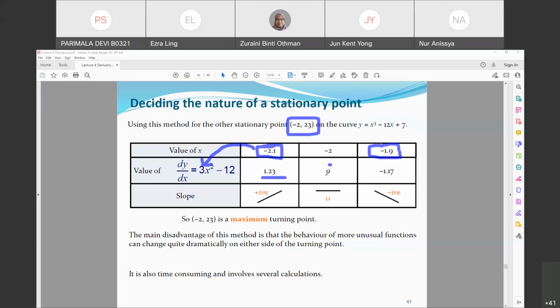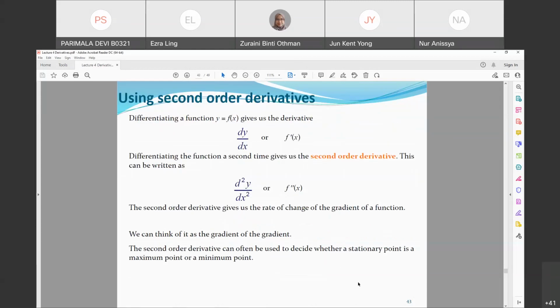And this kind of equation when it is 0, it is flat. And when it is negative, it will be decreased. So now it is maximum because of this. Kita boleh lukis dia macam ni kan. So it is maximum turning point. This is one way how to determine it. And there is another way, which is we use the second order derivative to know whether it is maximum ke